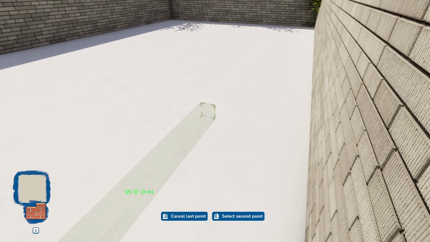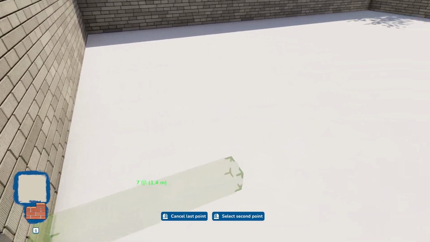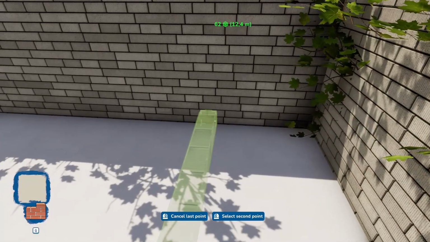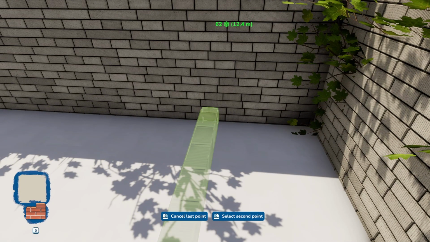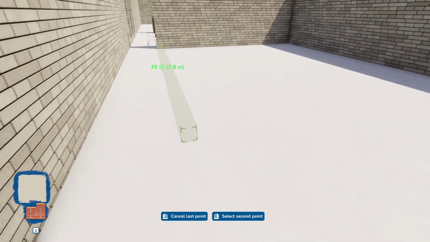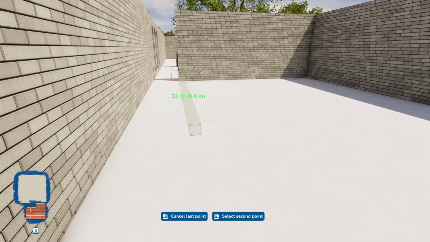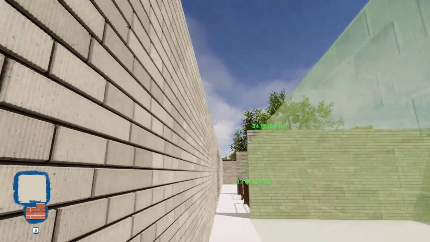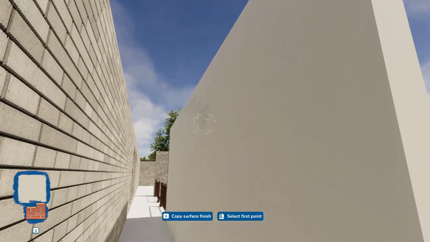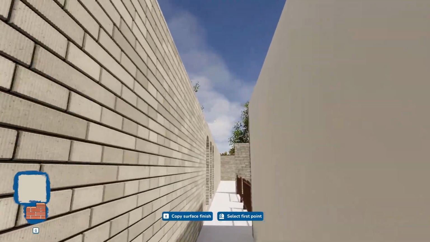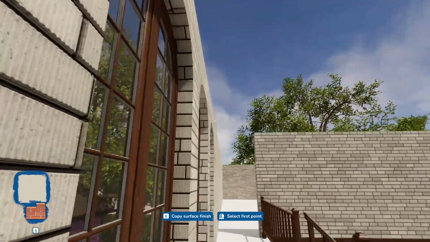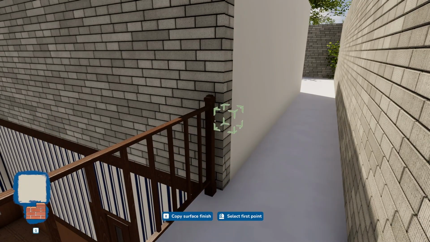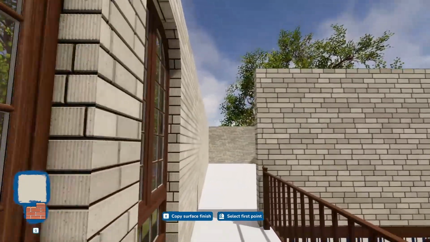We don't have to do the passage all the way because, okay, 12.4 meters, so that's like 6. Yeah, that's a nice institutional color. We can possibly put another color on it, but